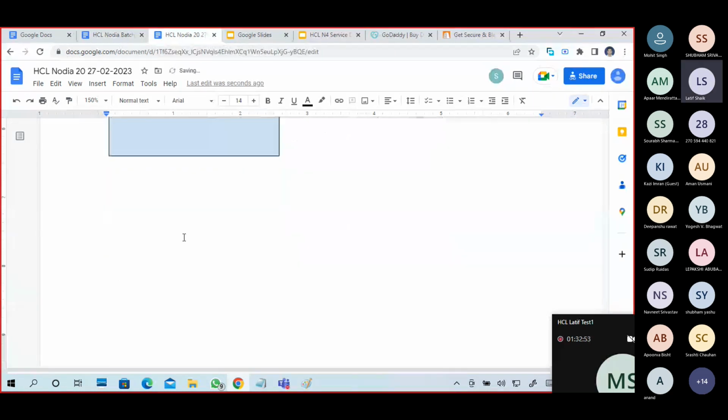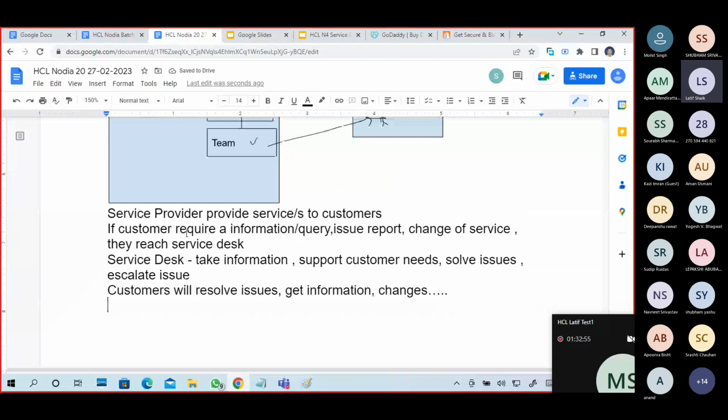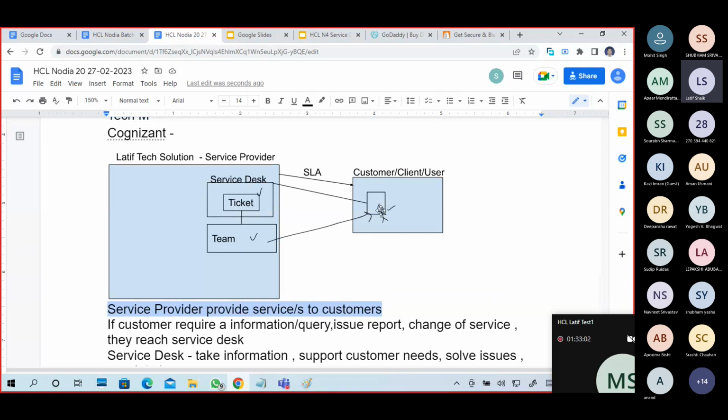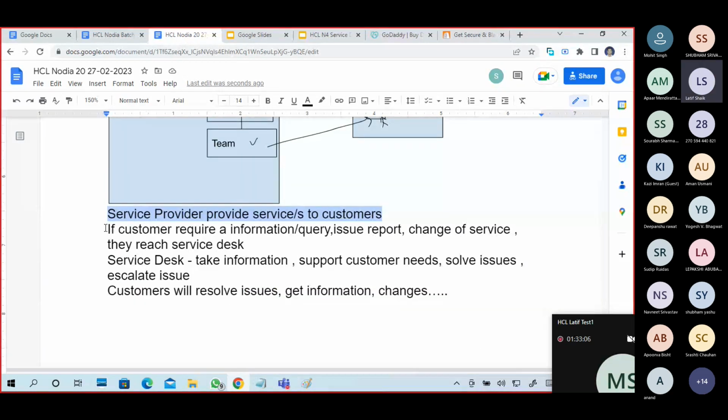What I said, I have given here. The service provider provides service to the customers, one service or multiple services.